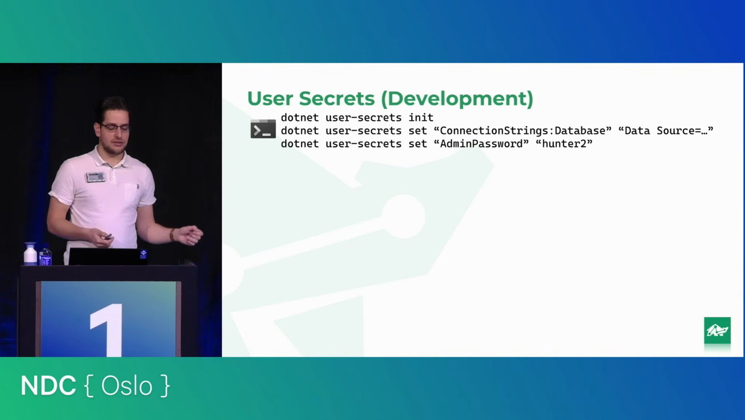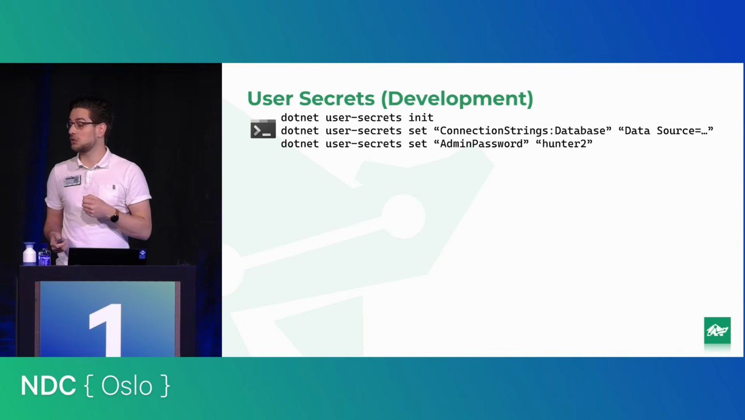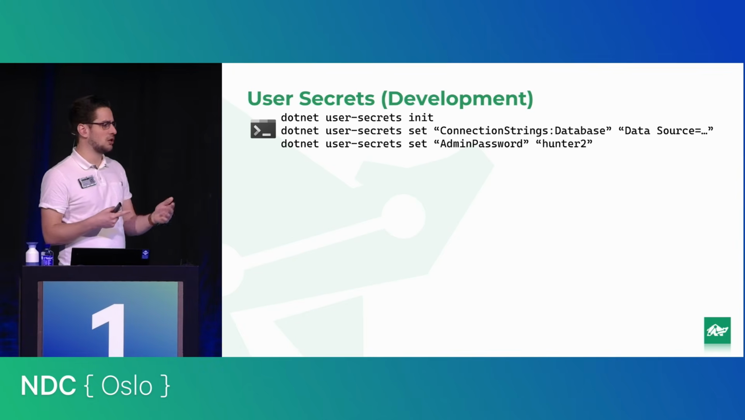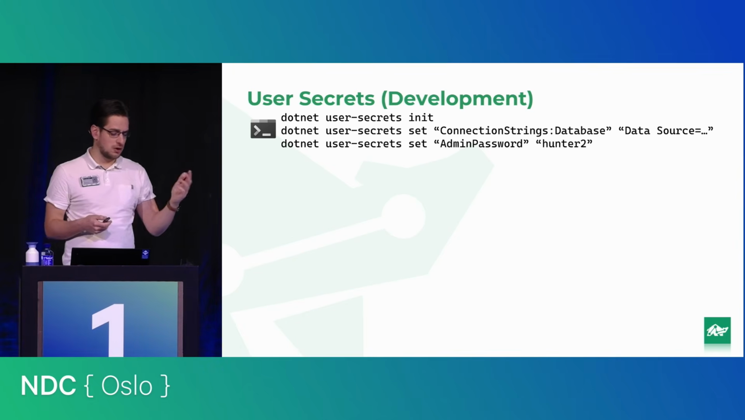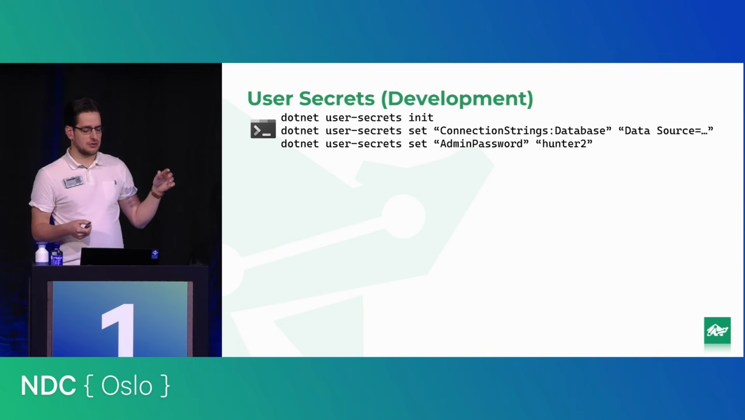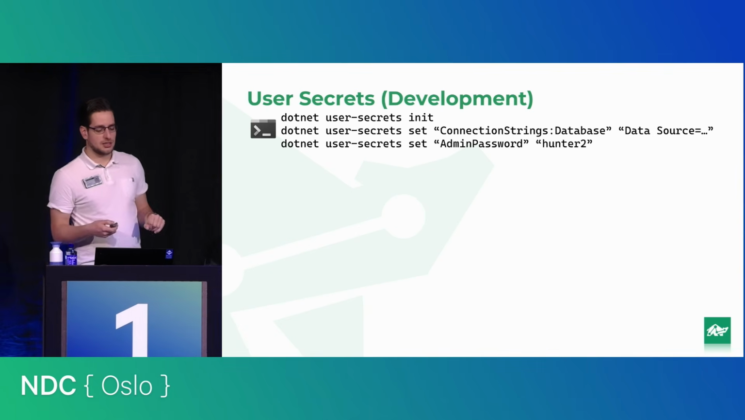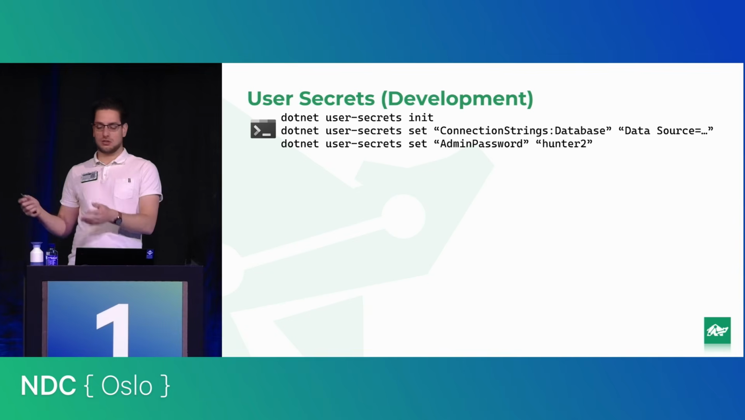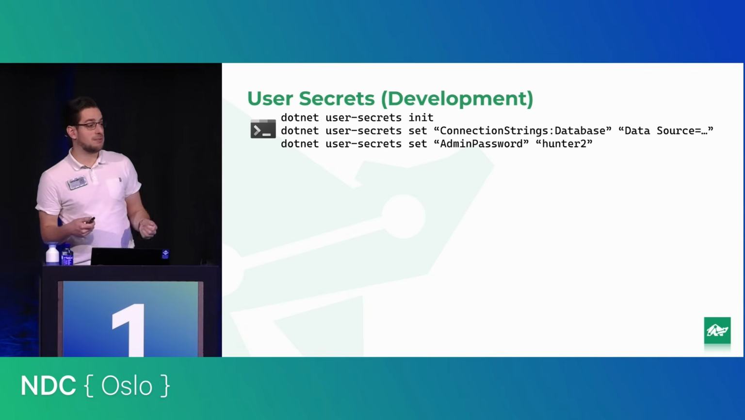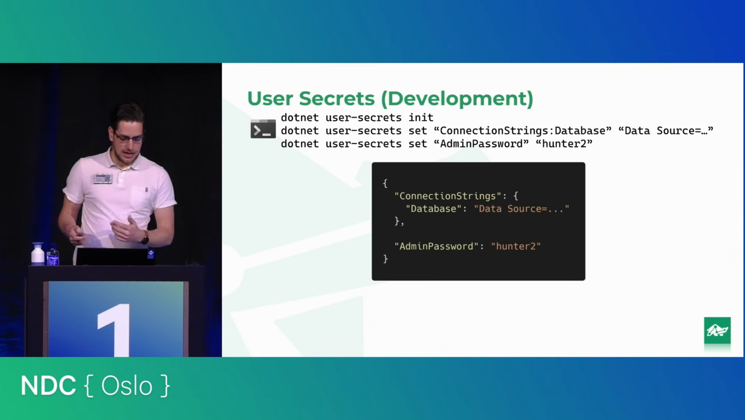Well, you can call dotnet user-secrets init if you want to do it in the terminal. It's also built into Visual Studio, Rider, and Visual Studio Code. And now we can say user-secrets set. So we can set the connection string to the database, some data source. We can set the admin password like hunter2. And now we can